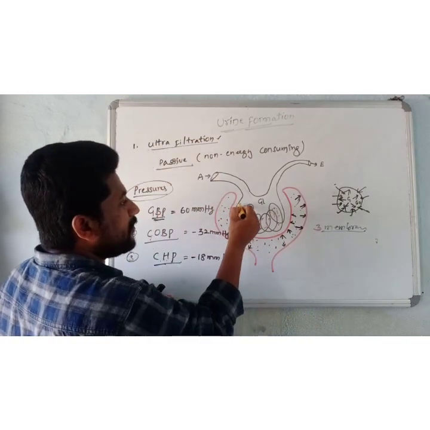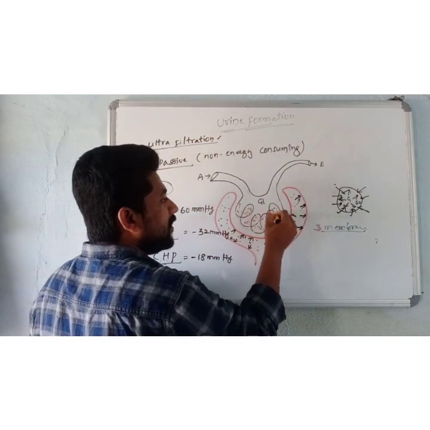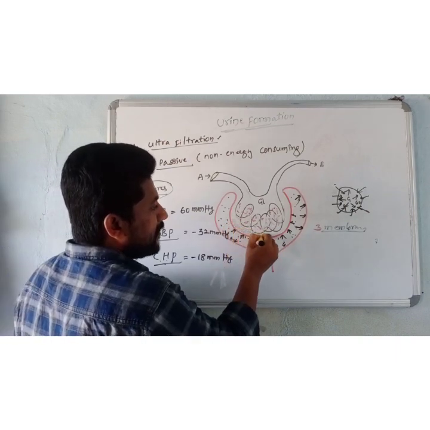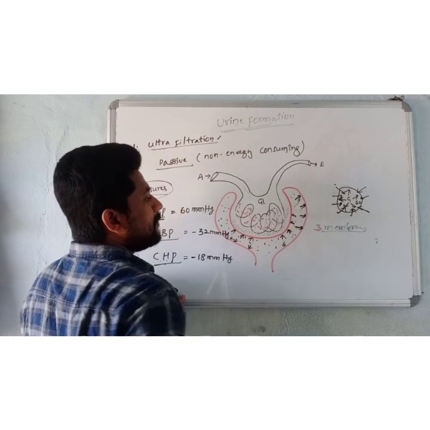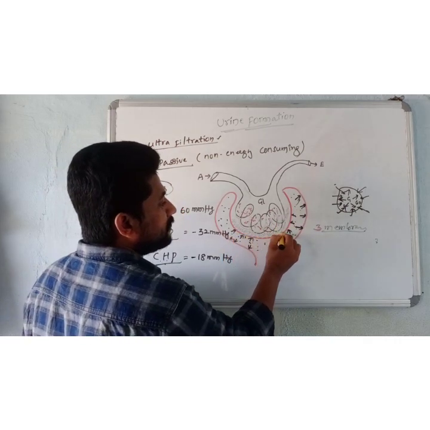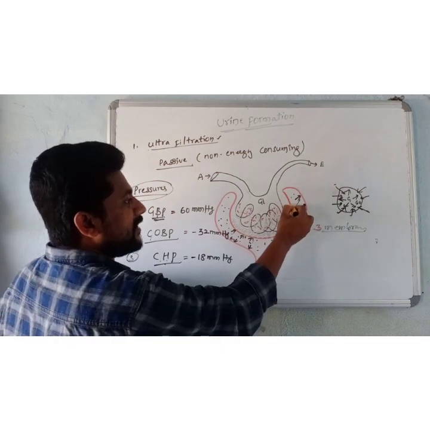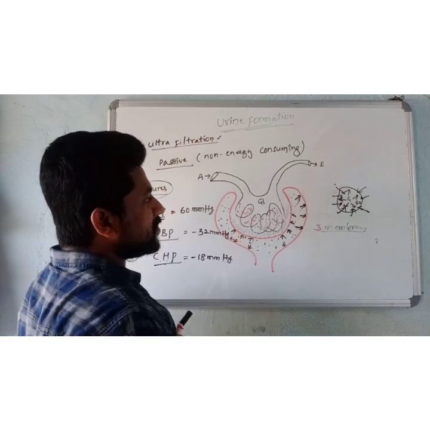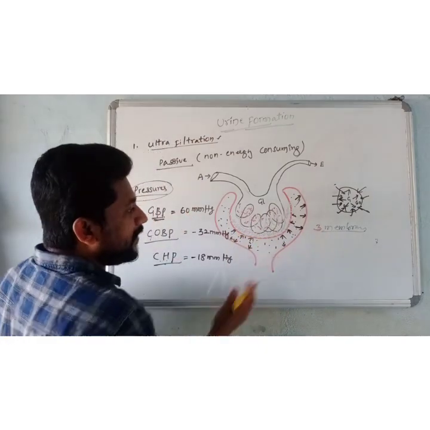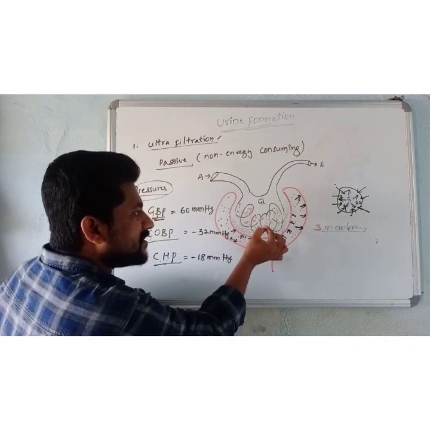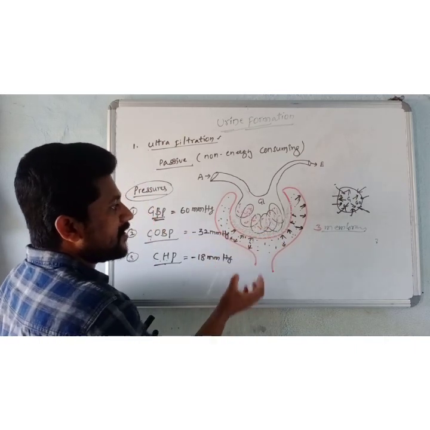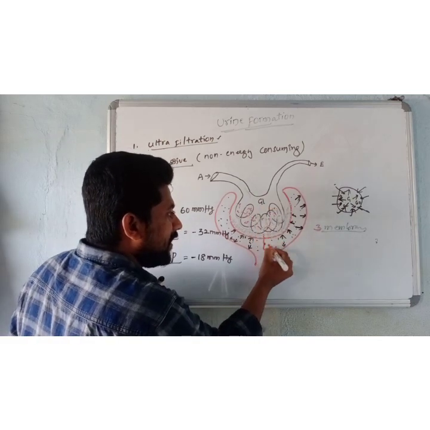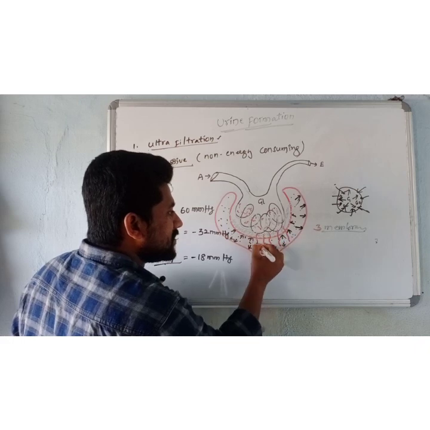The first is the endothelial layer of the glomerulus, then the basement membrane, and then the podocytes in the Bowman's capsule, the inner epithelial layer. These three layers form the filtration membrane. Through the filtration membrane, with its minute pores, the slit pores and fenestrations, the filtrate of the blood enters into the Bowman's capsule.